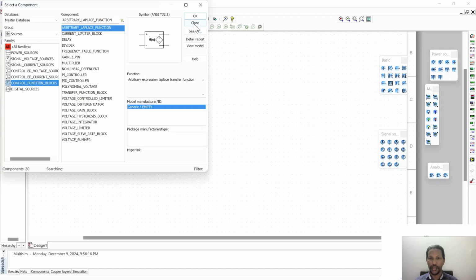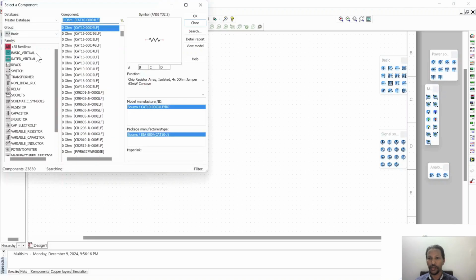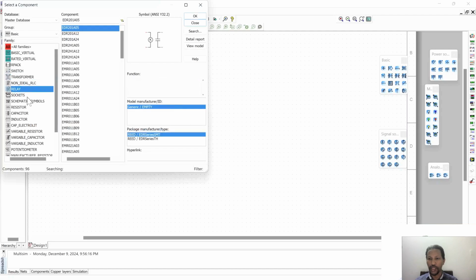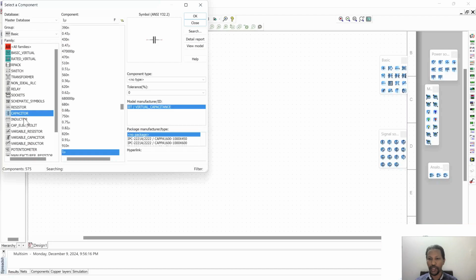We can also see the basic components. We have the basic virtual, rated, a switch, transformer, relays, sockets, schematic symbols, resistors, capacitors, inductors. The families of the components will be displayed in this